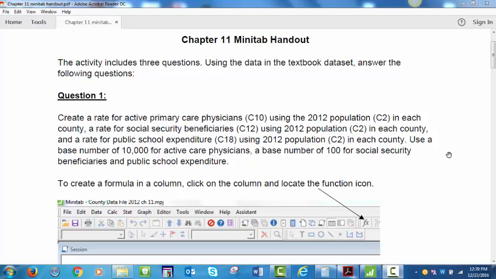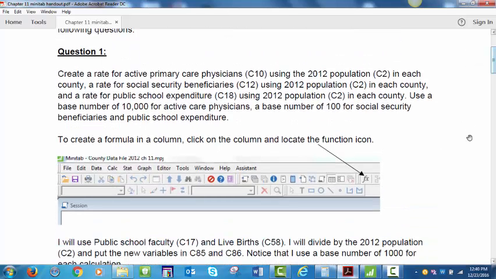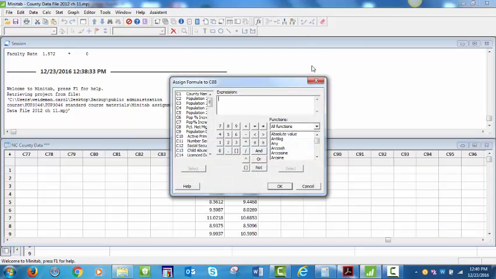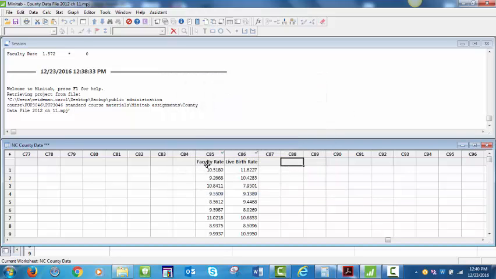Remember from the prior Minitab, in order to create a formula, you're going to select a column and then locate the formula icon. I'll just locate it right here. So click on a column, and then the function will become available for you. And you're going to go ahead and